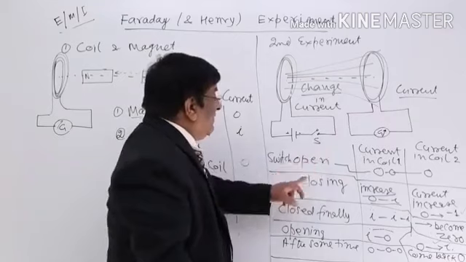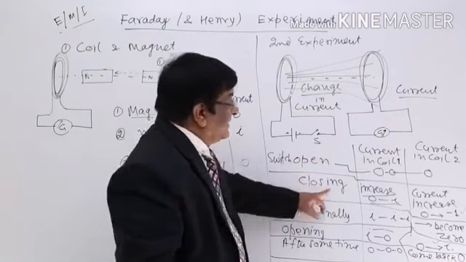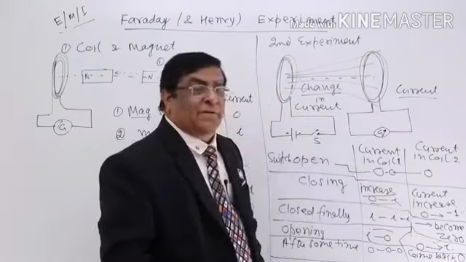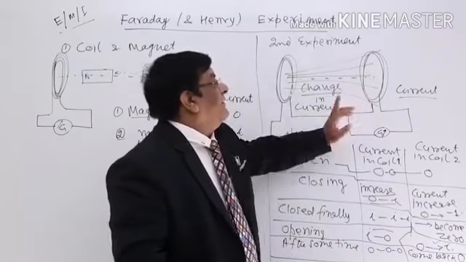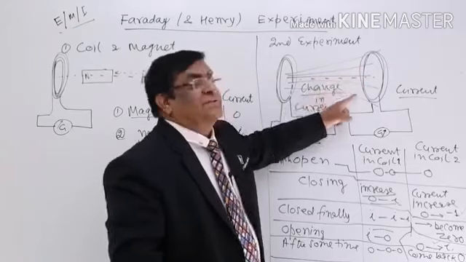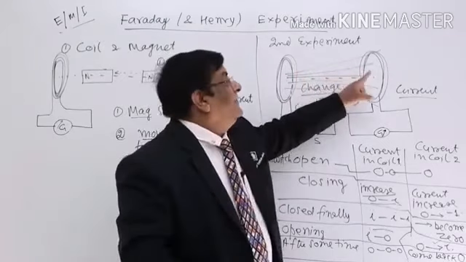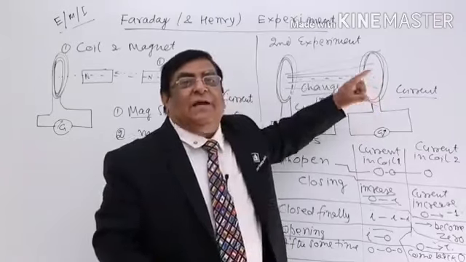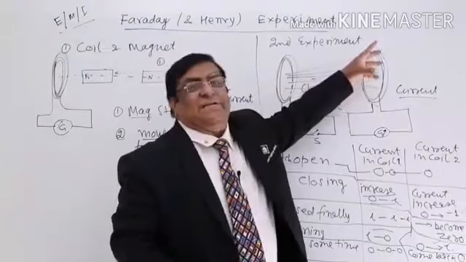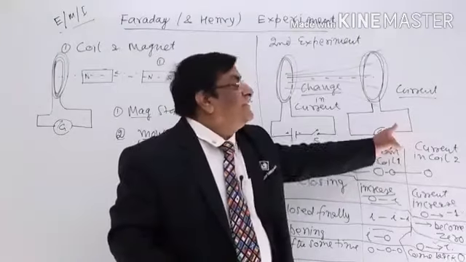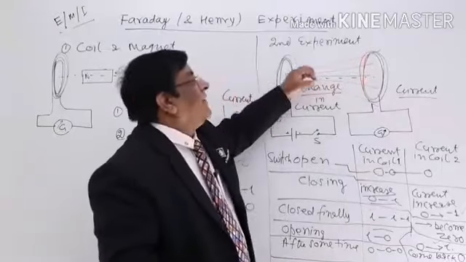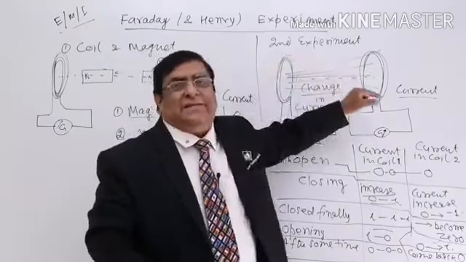So, when we close the switch, the current increases from 0 to 5 milliampere. 0 to 5. So, what is changing? Answer: this magnetic field linked to the area. What is the name of that? Magnetic flux. So, magnetic flux which was 0 has increased to 5. There is a current. Then when it comes back from 5 to 0, there is a current.